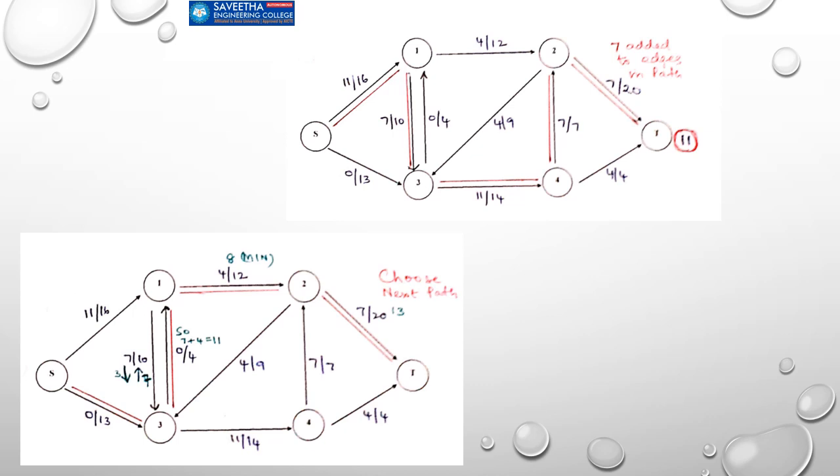Now 12, 4, so it is 8 here. Out of 27, 13 is gone, so 13 here. So we have 13, 11, 8 and 13. So 8 is the minimum value which has to be added to all the edges in this path. That is the step we are doing in every path that we choose.